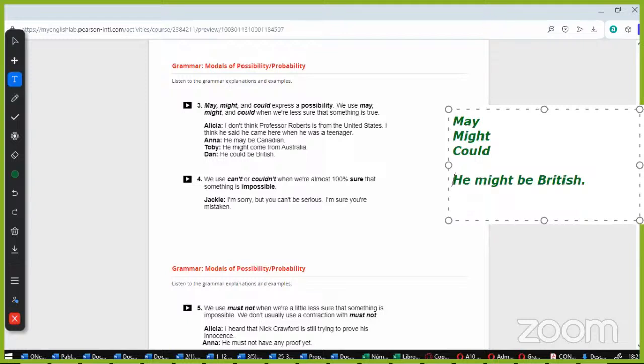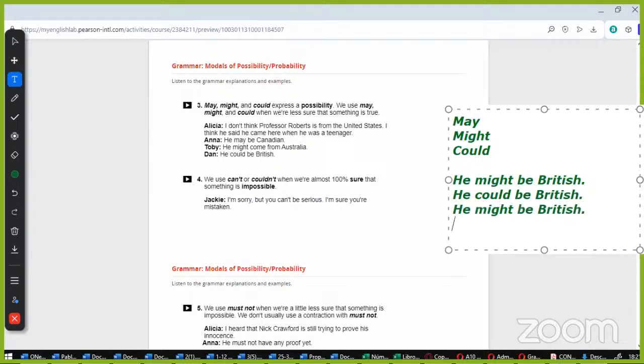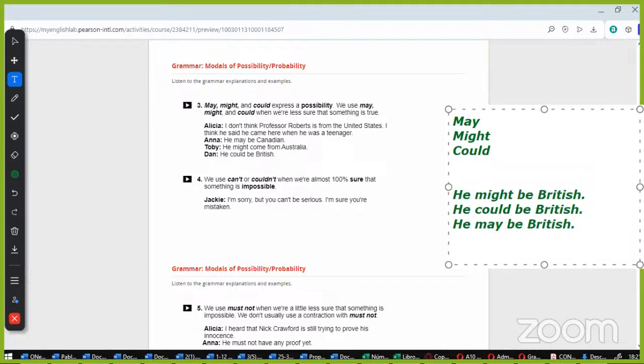It's a possibility. He could be British. He may be British. All of these express possibility. And we use can't and couldn't when we are almost 100% sure that something is impossible, like